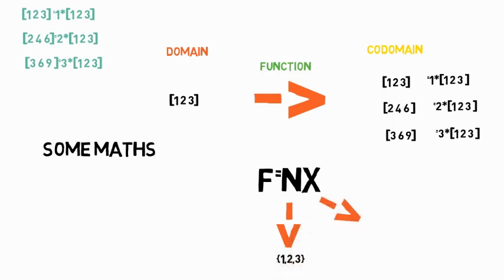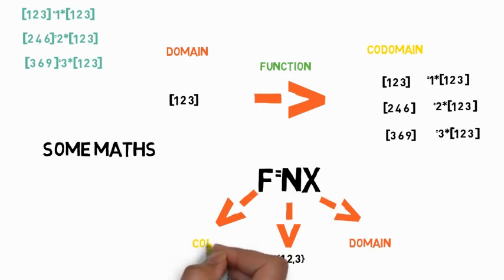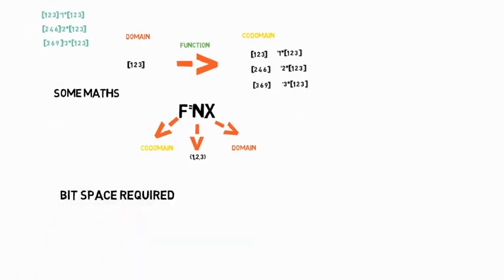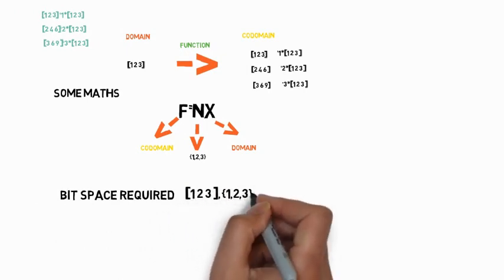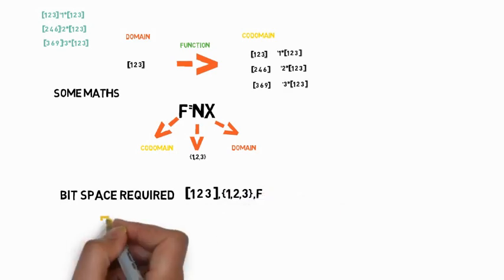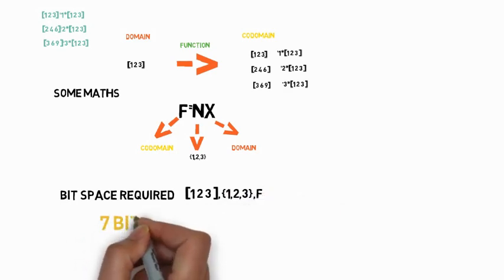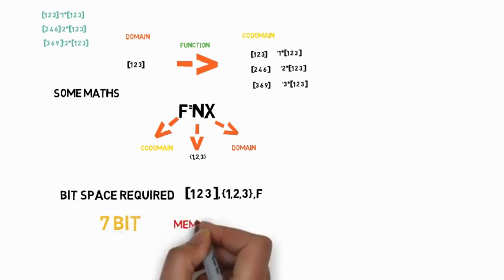In this function, what do f and x represent? x is the element which is from D, and D contains 1, 2, 3. And f is the element which is from the codomain, and it contains 1, 2, 3, 2, 4, 6, 3, 6, 9. Now the strings can be very easily reduced into some 6 to 7 bits. One bit would be storing your function and the other bits would be storing these digits 1, 2, 3 for 2 times. While you are simply multiplying this, you would gain the required answer which we type for the computer to store in it. So the bit space is very much reduced.